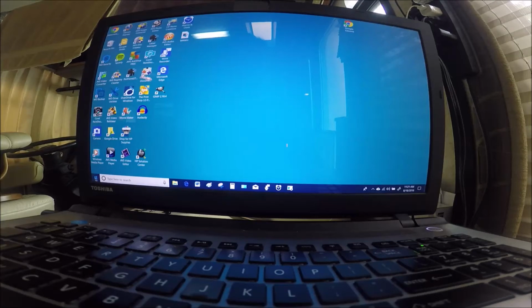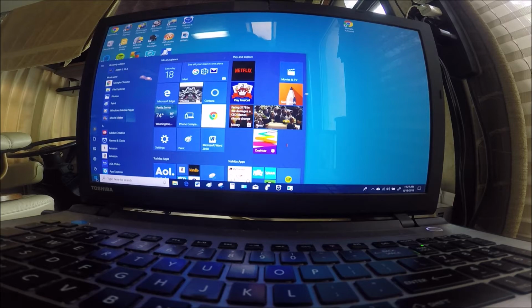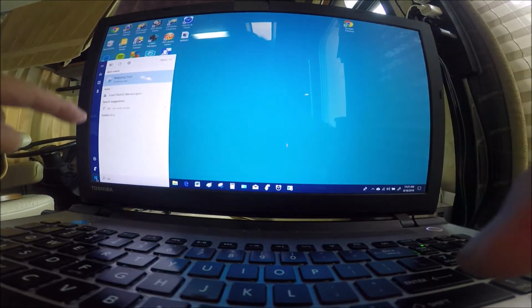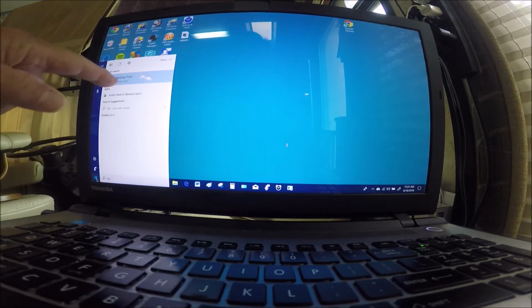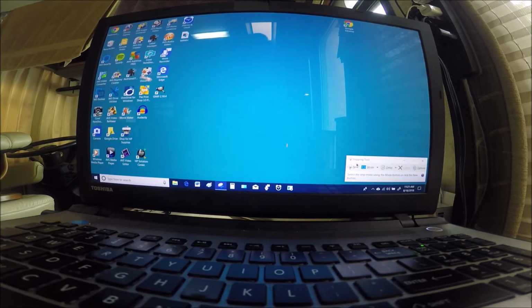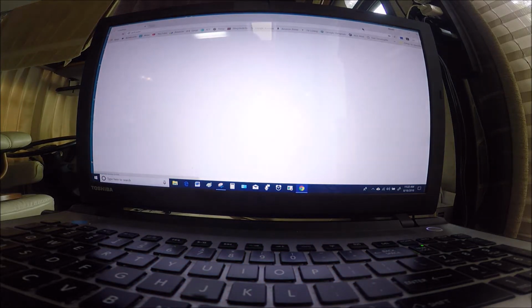Go over here to the far left, to the little window, and then type in snipping tool. All I did was SN, and there's snipping tool right there. It's a desktop app. Click it and see it comes up over here. Okay, I go to my Google Chrome